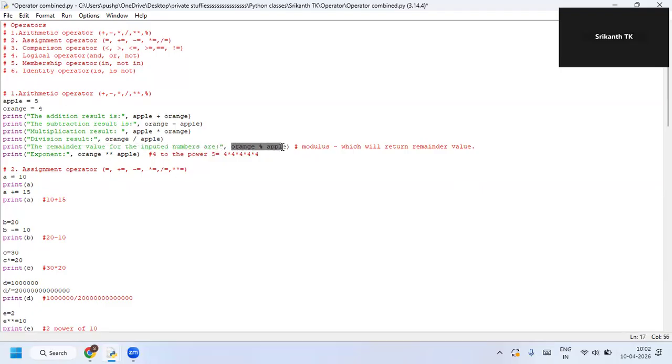So it becomes orange modulus apple, the percentage symbol, right? Next, print exponent orange. When you find the exponent value here, it's orange power apple, meaning 4 to the power of 5. So it becomes 4 into 4 into 4 into 4 into 4. And yeah, so when you run this,